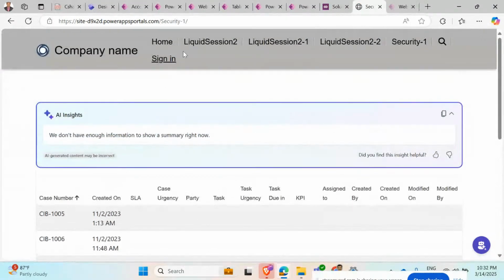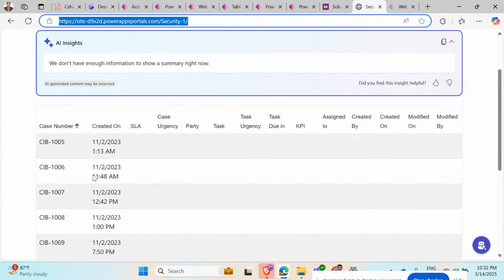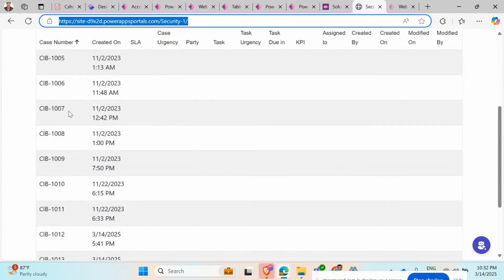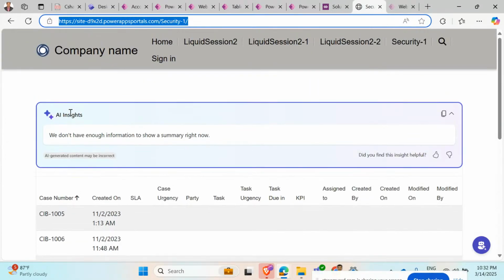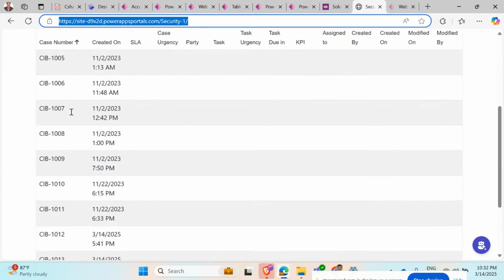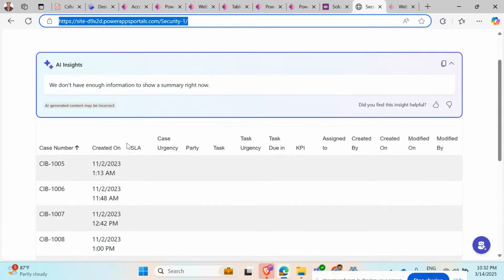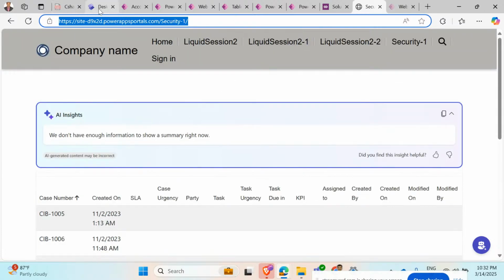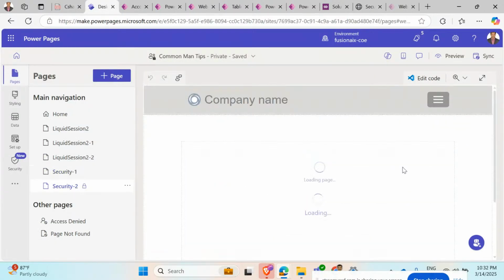Do you see this one now? I have not logged in, which means I am an anonymous user. Still, I can see these particular details of the cases present inside my system. Generally, in normal use cases, there is some information that can be shown to all users, including those not logged in. So we have to identify those particular tables and respective data, and we can give that access. Now let us go to the next one,